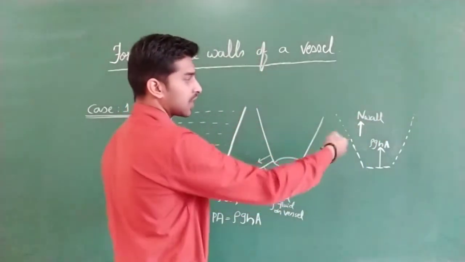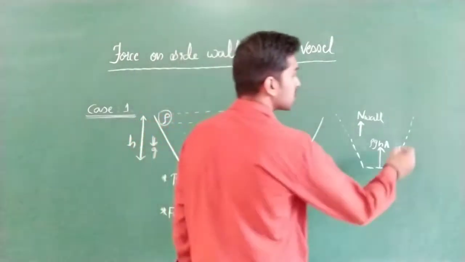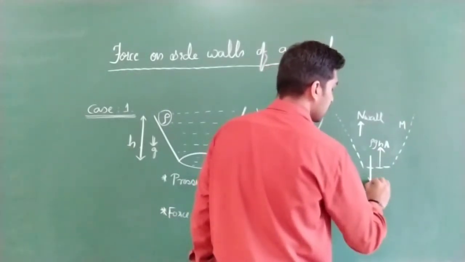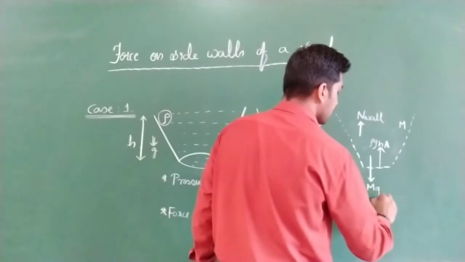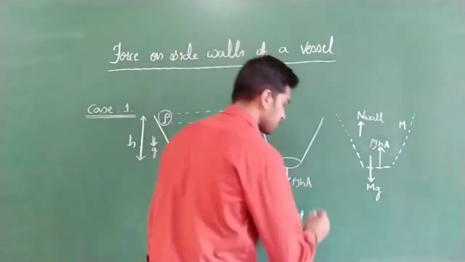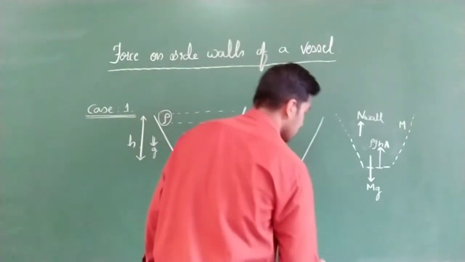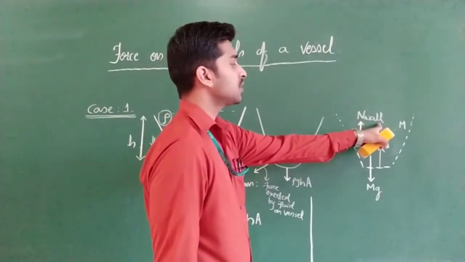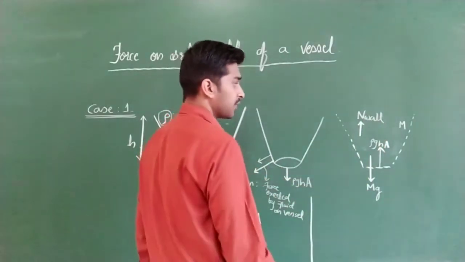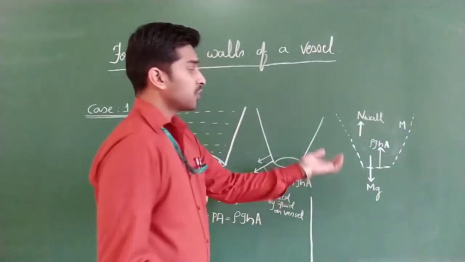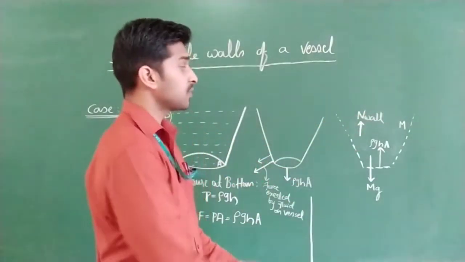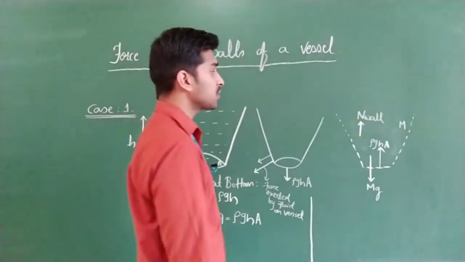Then check what are the forces acting here. If the mass of this complete liquid is m, what will act here? This is nothing but mg. Correct now? Weight of this liquid will act in the downward direction. So now just equate all the forces and check what is the value of this normal force applied due to the walls. What are we going to get now? Net upward force should be equal to the forces acting in the downward direction, because this is stationary. All the forces are balanced.